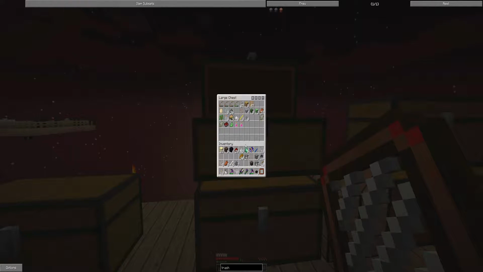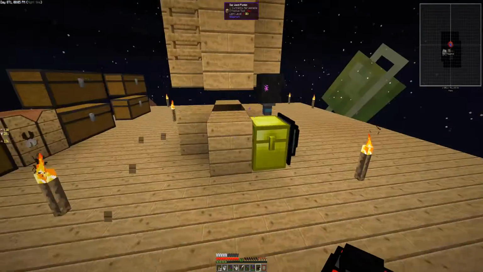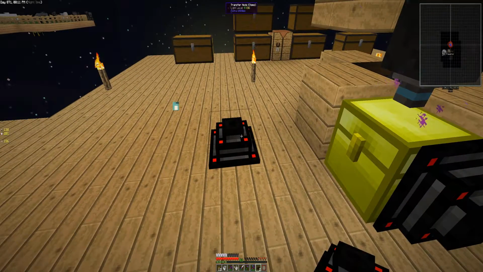I'm going to take a last look through here. Oh, do we want arrows? No, we really don't want arrows. That's just going to clog things up as well. This looks to be the main things that we want to get out and keep out of here. So we have string, rotten flesh, bone, gunpowder. Let me...